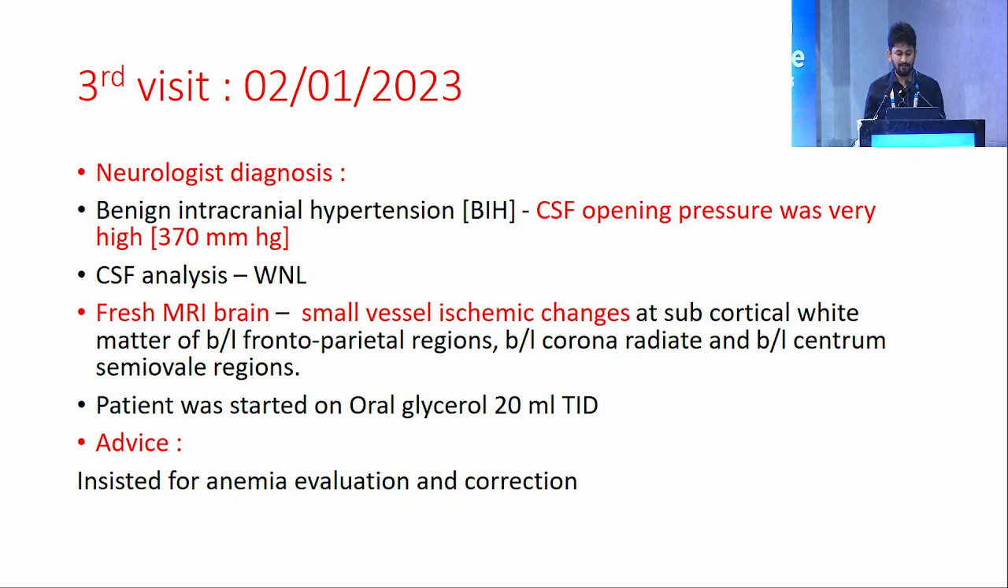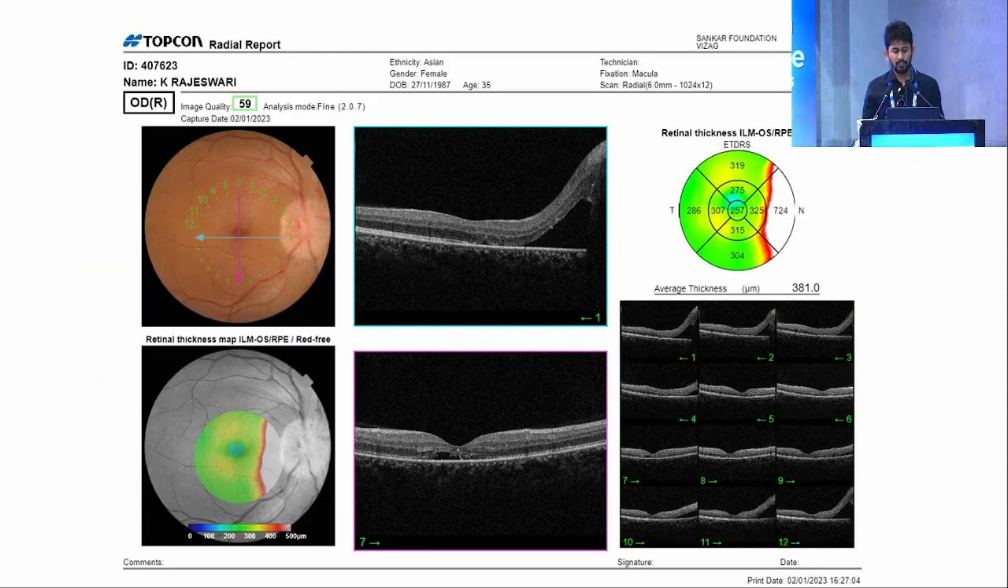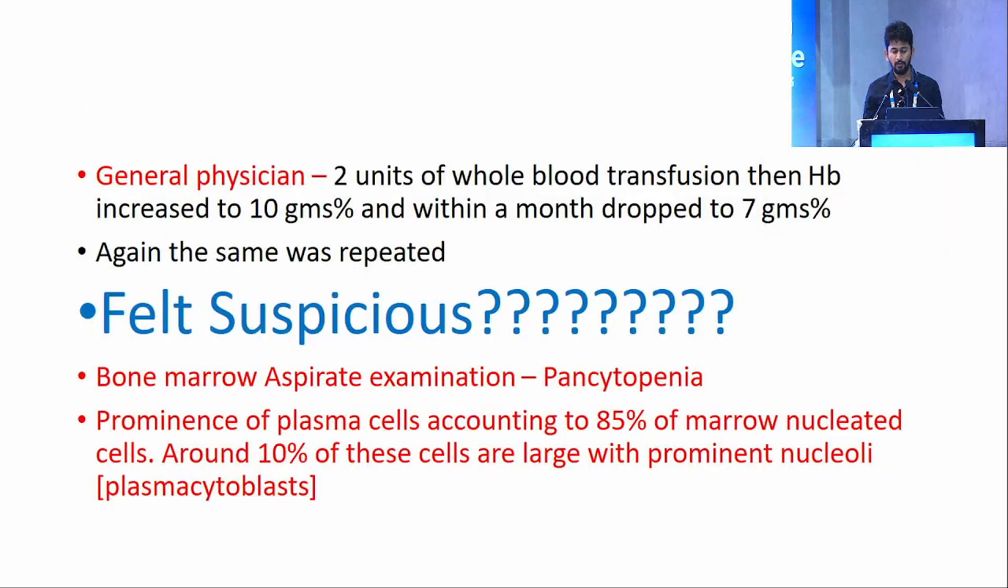In spite of repeated insistence on anemia correction, she didn't get it done. We re-insisted again, so later she went to a physician, and 2 units of blood transfusion were done. Hemoglobin improved from 7 to 10 grams, and within a month it dropped back to 7, and the same cycle was repeated. Then the physician became suspicious and advised bone marrow aspirate examination, where pancytopenia was found, and immunohistopathology showed